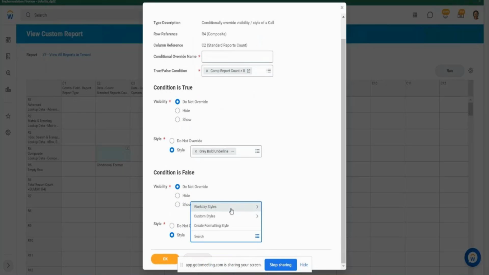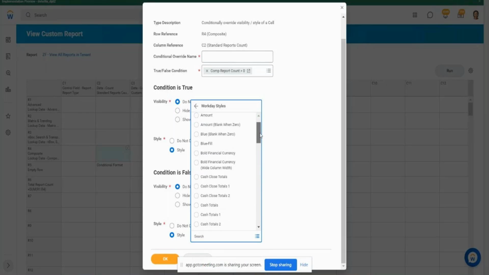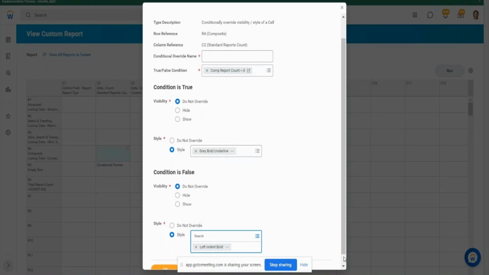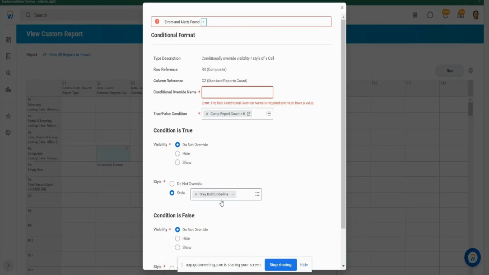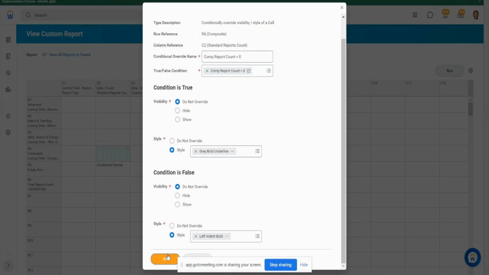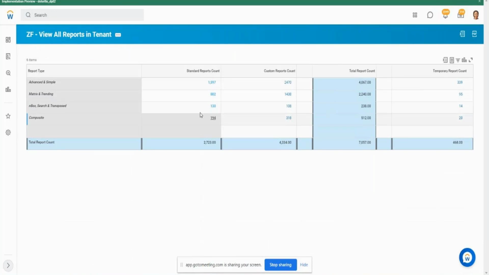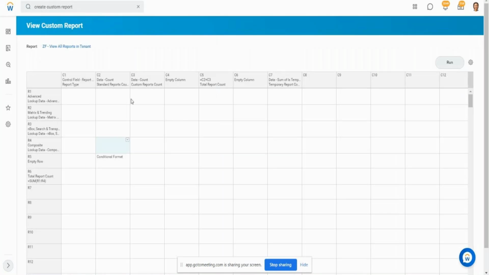Else, what happens if the condition is false? Then I want it to be left indent bold. I'm just randomly selecting some styles. So any formatting can be done on an empty row as long as the condition is true. Okay. So now if you see, the reason it is giving me this highlight is because as per my condition,